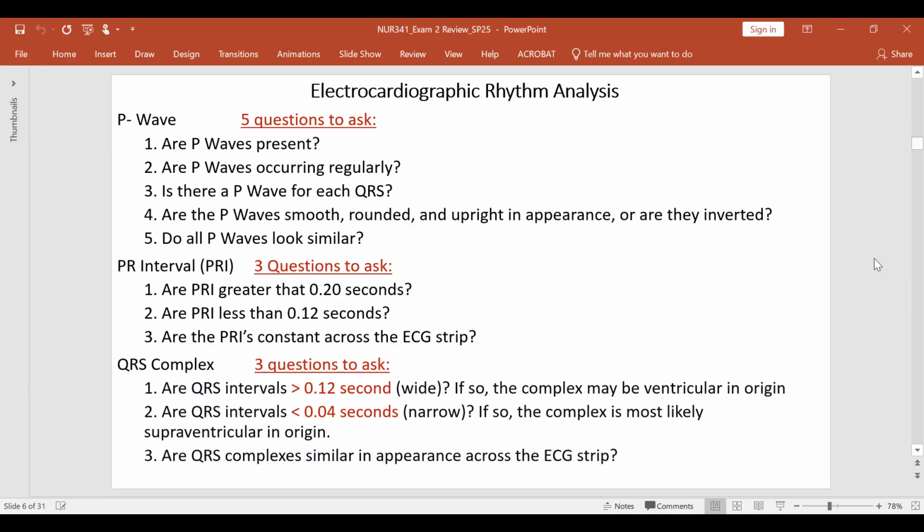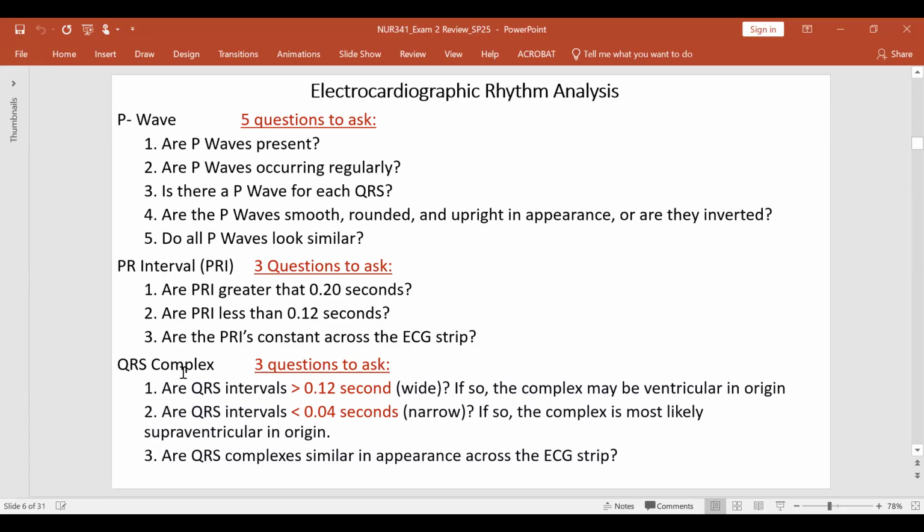So for the P wave, ask yourself all these questions. You will end up with answers that will lead to either a normal sinus rhythm or some type of dysrhythmia, and we would also be able to know what kind of dysrhythmia it is. Same thing for the PR interval: analyze that as well by asking yourself 3 questions. Same thing for QRS. Ask yourself 3 questions also, which is basically all about the morphology,